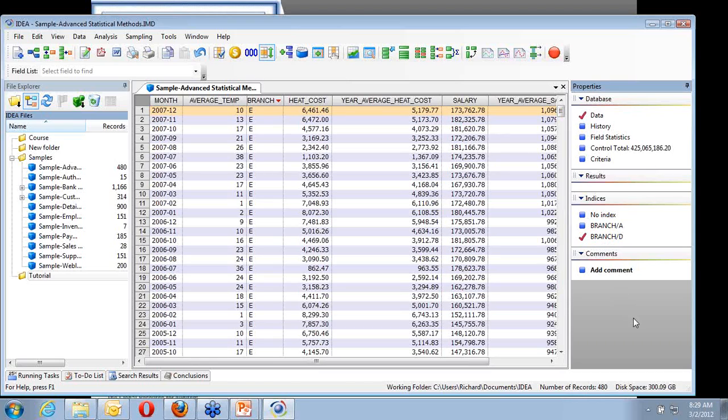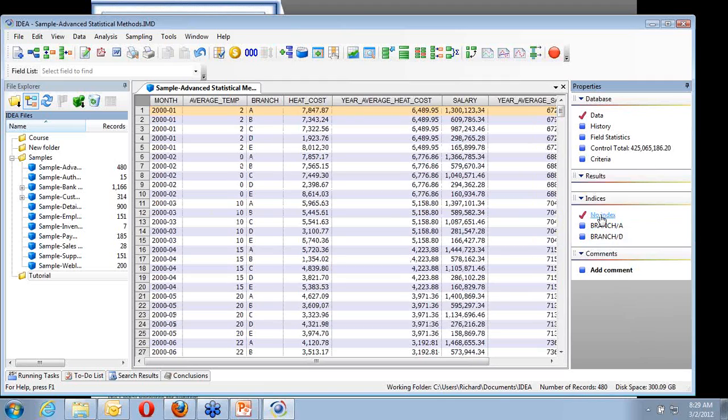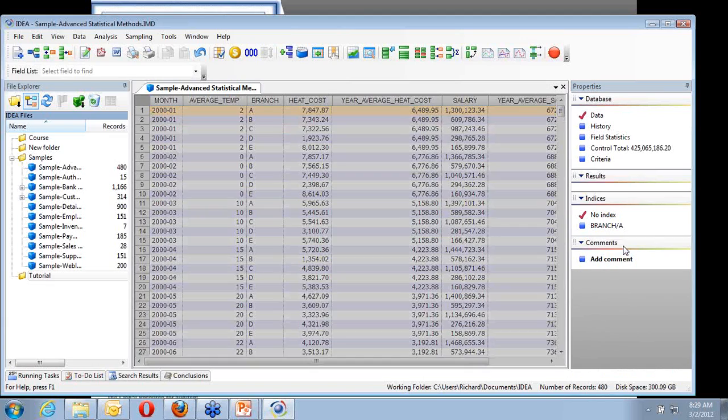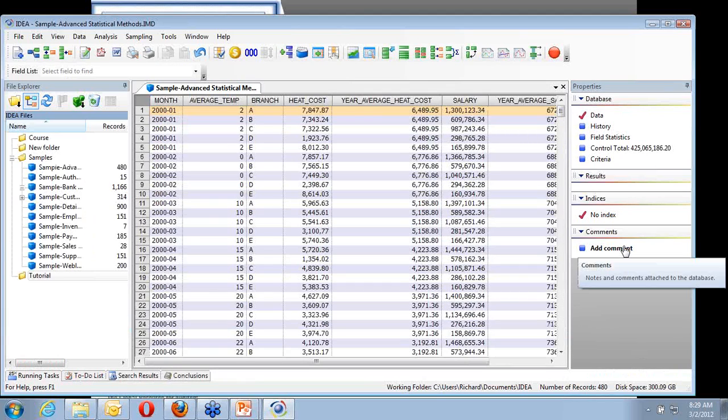Are we happy? Again, I can go back to no index and put it back the way it was. I can delete those indexes the same way, right-click and delete index, and right-click and delete the index if I have no further need for them. Okay,